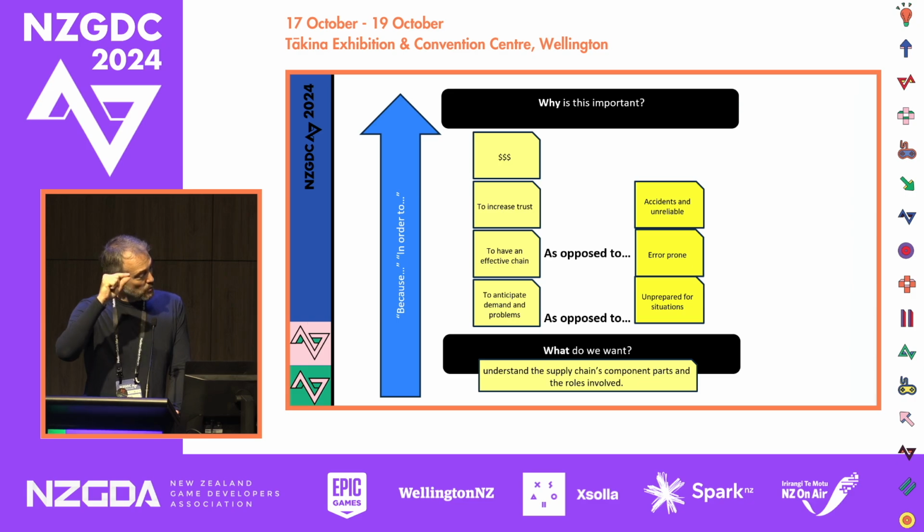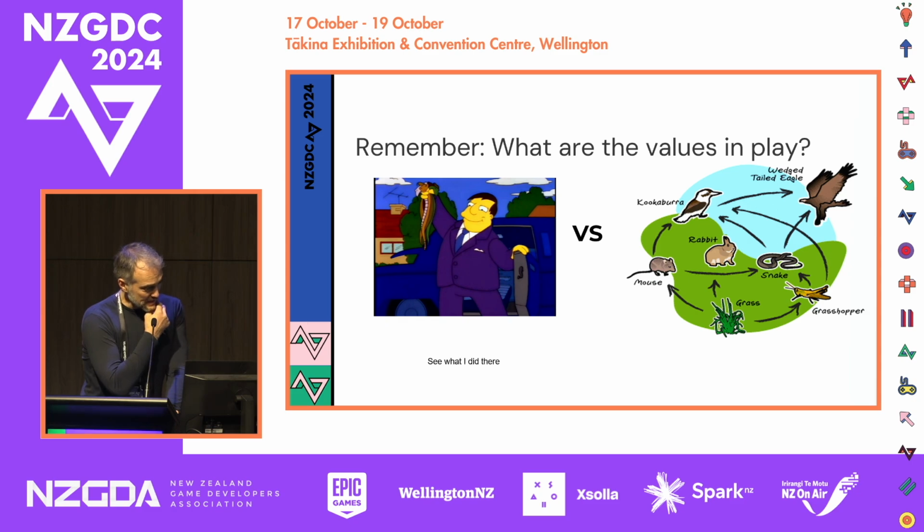The goal here is then to say, what's the highest level of abstraction that's the most useful for them to action, that is in line with what they want? So they can help pick this out. And in this case, it really was that increasing trust part. That's the tool that they can use, and having the effective chain was the way to get that trust. So if we remember what those values are that are in play, they said, well, we need a system to interact with, or ways to think about our supply chain, that allow us to increase trust from our customers and from the public.